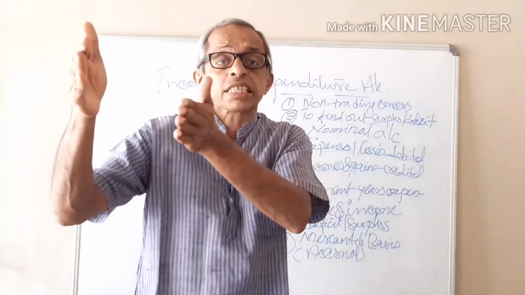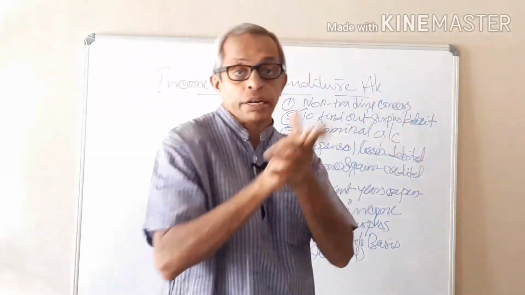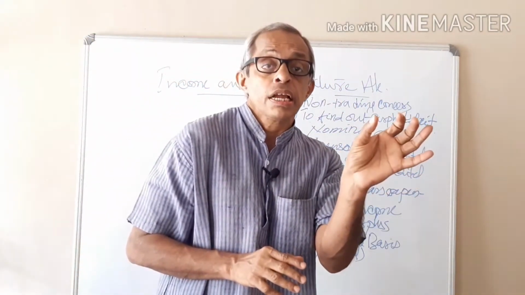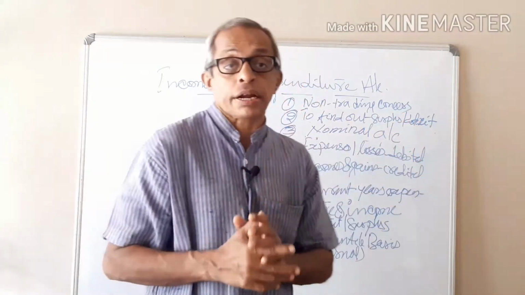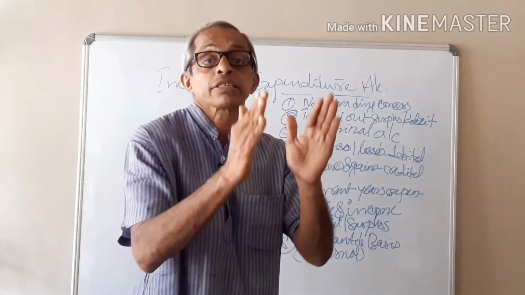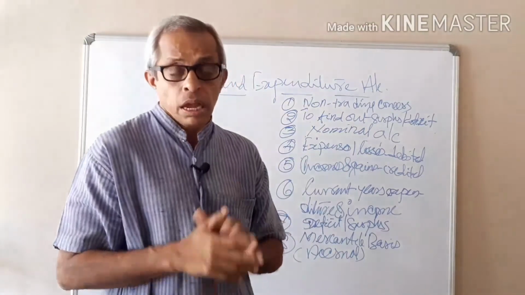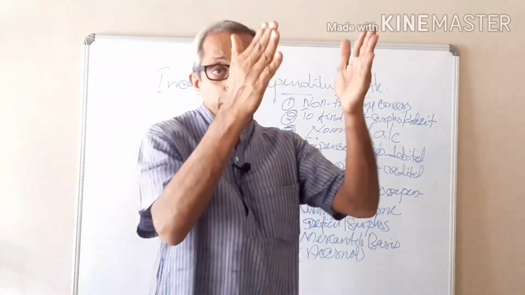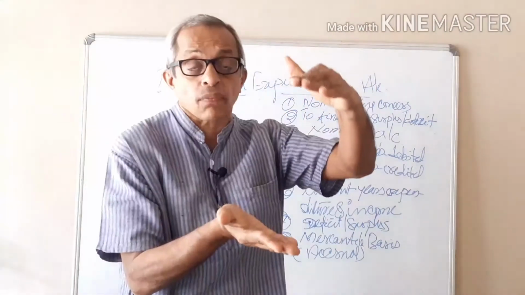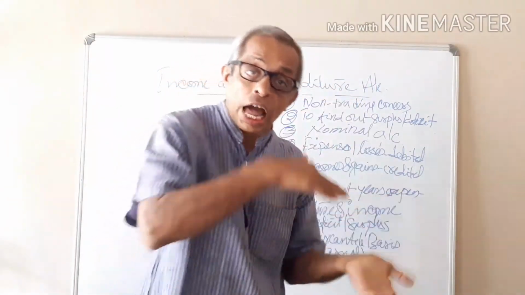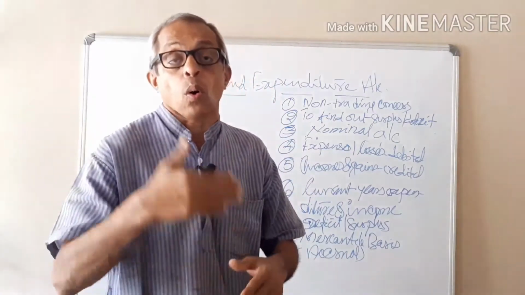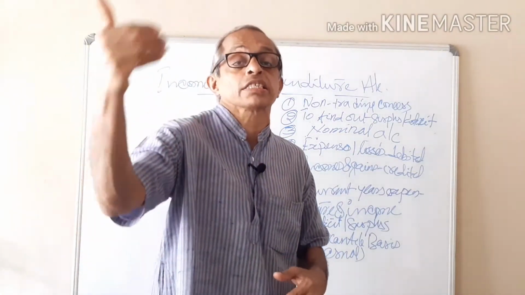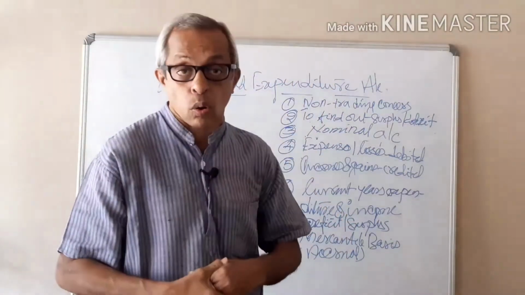So when credit side is higher than the debit side, the balancing figure will come on the debit side, and the same is known as surplus. Likewise, if debit side, the aggregate of all expenses and losses is higher than the aggregate of all incomes and gains, the balancing figure will come on the credit side of income and expenditure account,